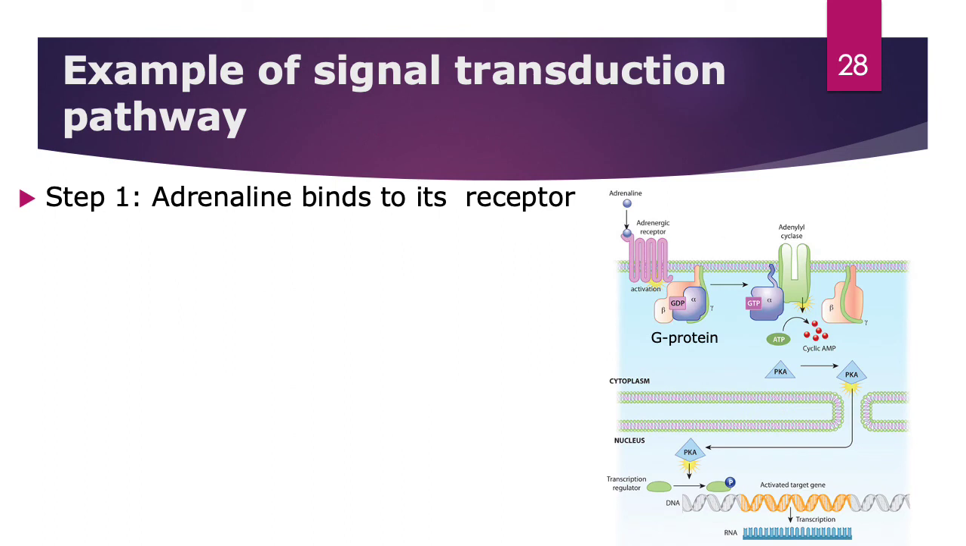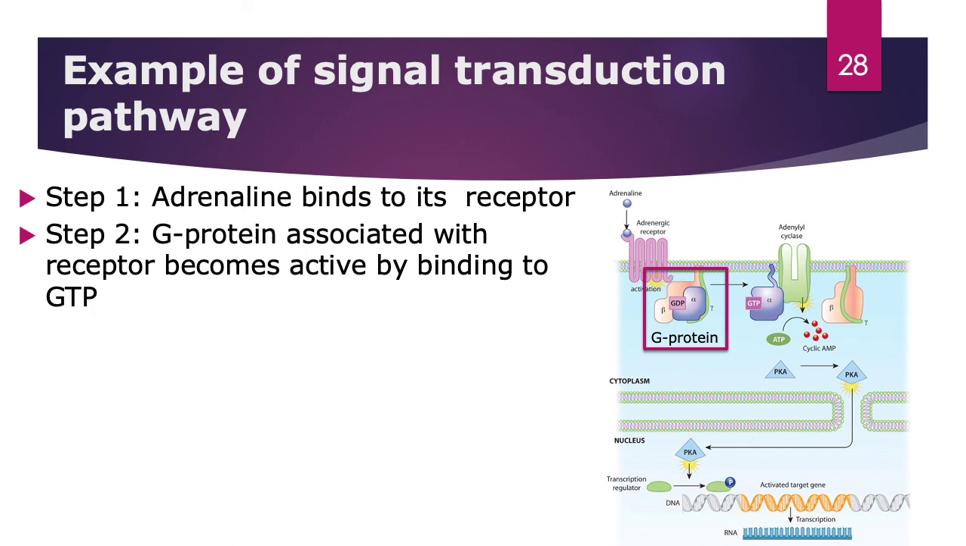Another example of a signal transduction pathway that uses a second messenger is shown in this figure. In this case, we have the hormone adrenaline, which functions as the ligand, and it binds to its receptor that is present on the cell surface. Right next to this receptor is a protein called a G protein. And the G protein normally has GDP associated with it. However, when the ligand binds the receptor, the GDP of the G protein is exchanged to GTP, and now the